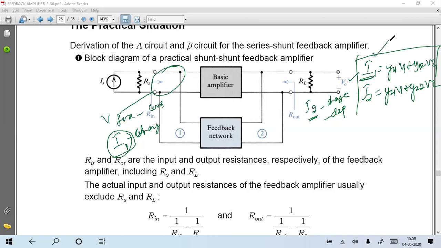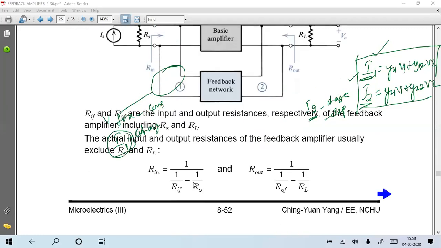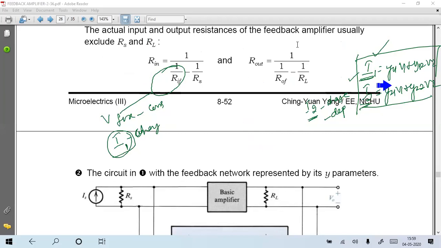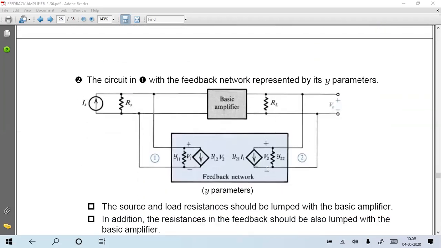Because in shunt nature current is dependent, current changes. Here also the current changes, I2 will change. Previously, if I make this shunt path, the output current I2 is disturbed. So here I can relate this with the admittance network. You can see here the same admittance parameter network. Understand? Same way: I1 equals Y11 V1 plus Y12 V2, I2 equals Y21 V1 plus Y22 V2.